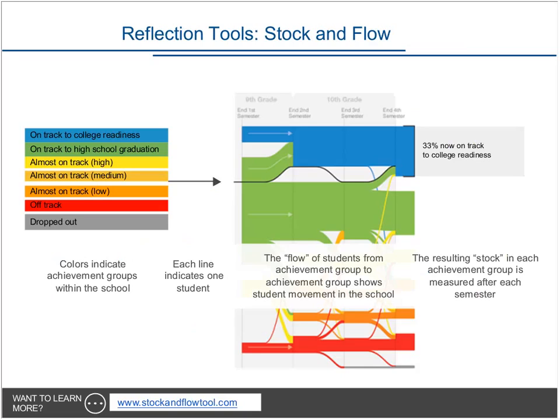Our stock and flow tool visualizes how progress to graduation is shaped over the course of 8 semesters. We use 6 performance categories. That's the left of the visual on the screen. On track to college readiness, blue, is the highest level of performance, while off track, red, represents the lowest performance level. Student progress can be measured as both a stock, a point in time accumulation, and as a flow, a dynamic movement across time. When you combine them and you visualize both dimensions, it produces a unique map of student